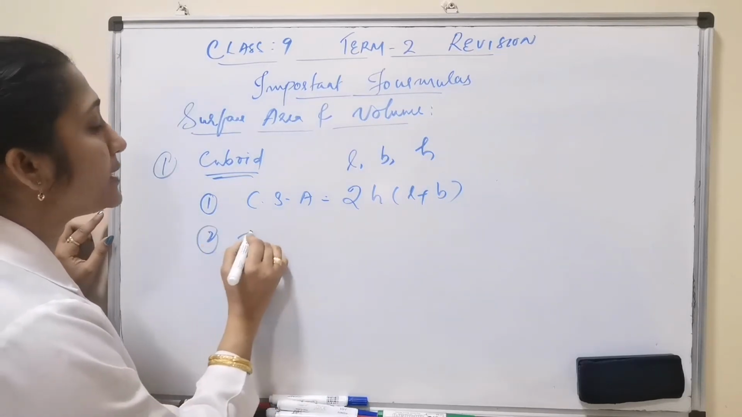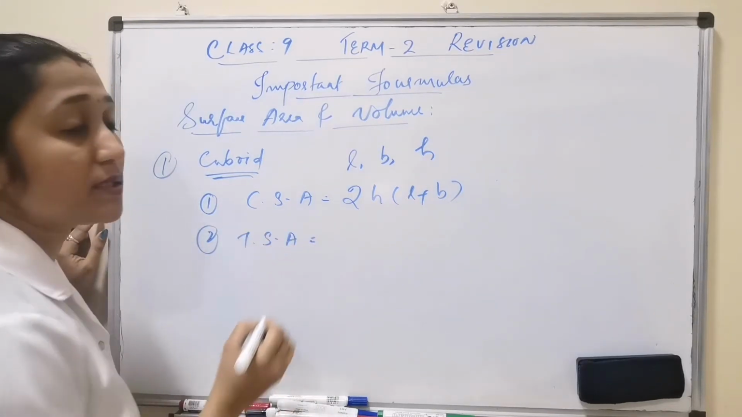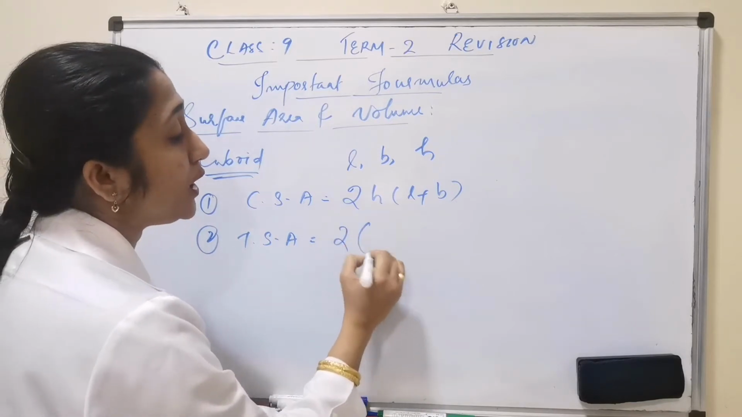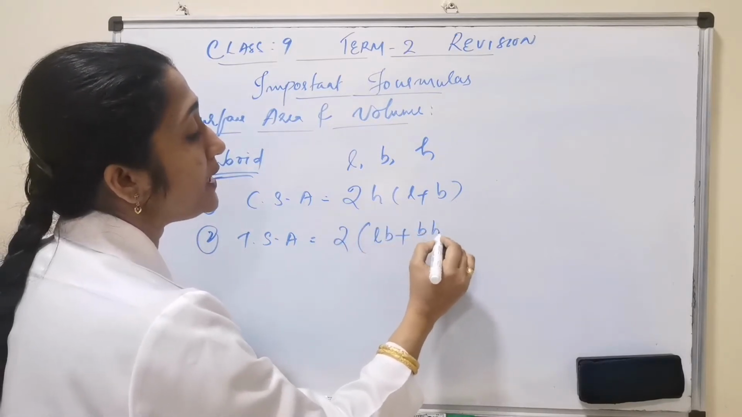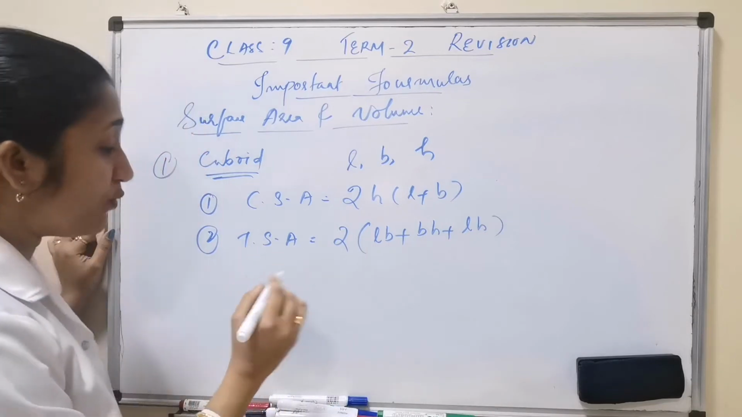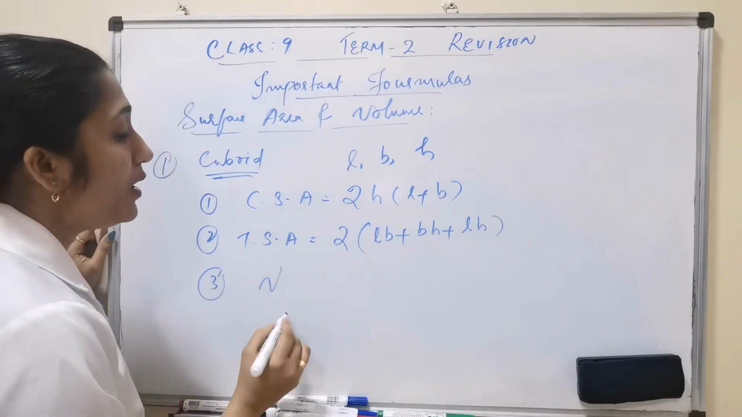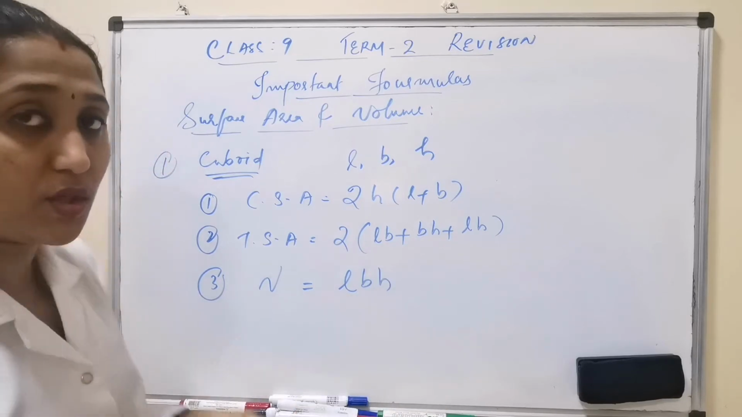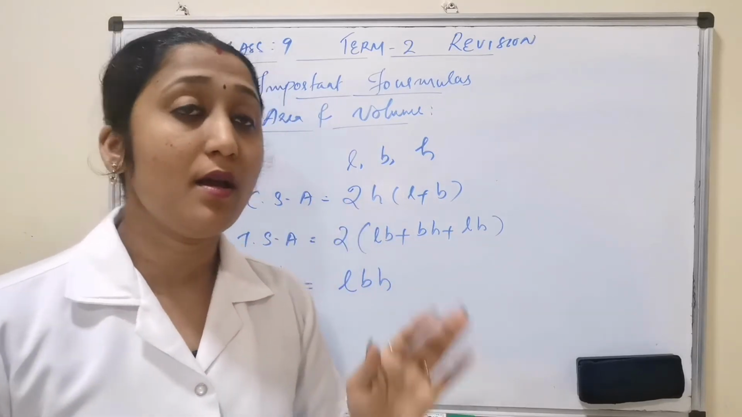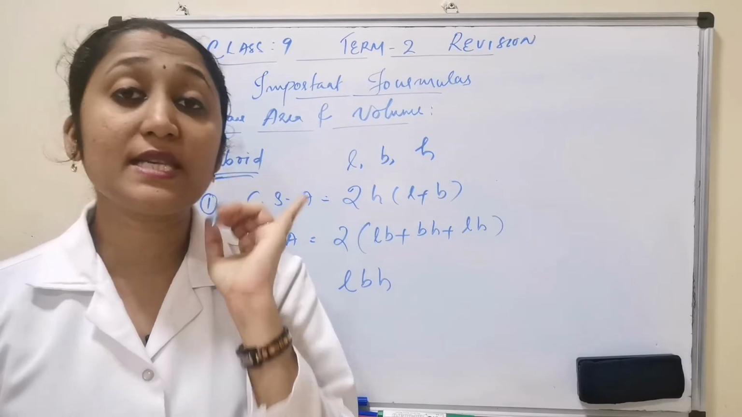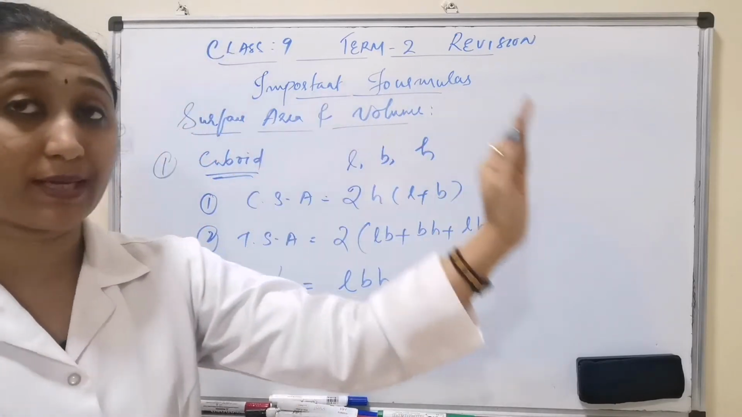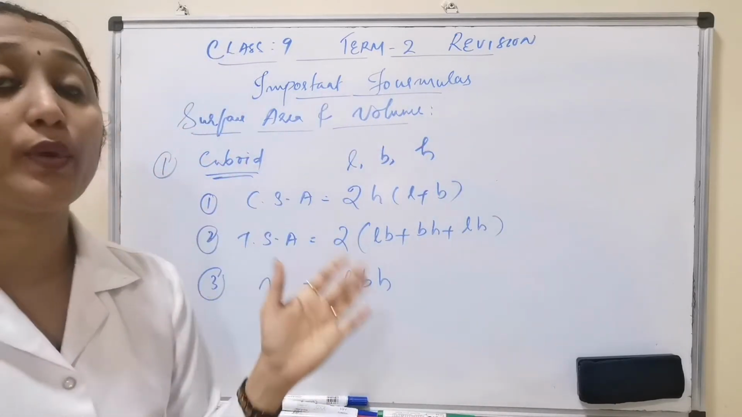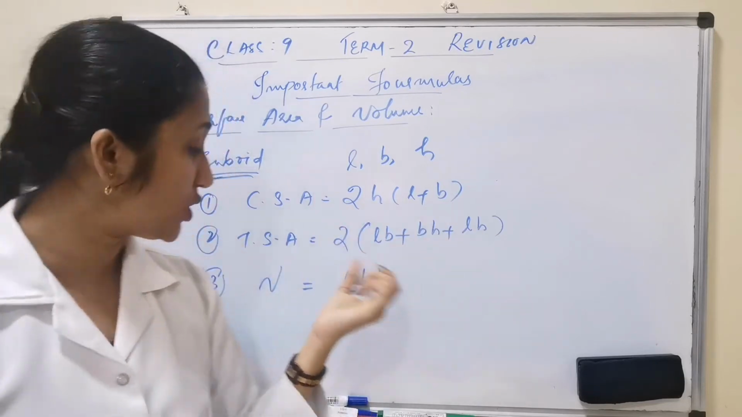Then the second one is total surface area. What is total surface area? 2(lb + bh + lh). And one more thing is volume. Volume is equal to l × b × h. These are the three formulas about the cuboid. So CSA is 2h(l + b), TSA is 2(lb + bh + lh), and volume